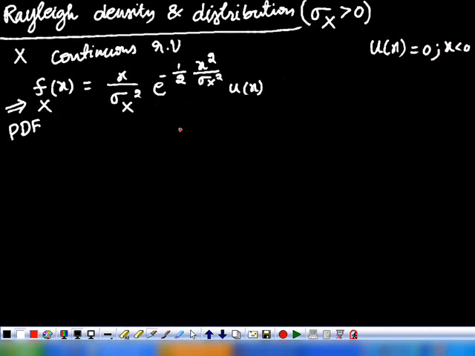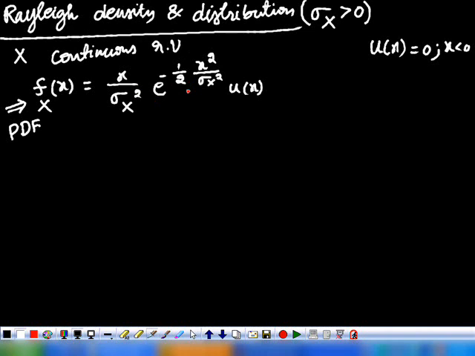And for x greater than 0, it depends on the values that we have taken. If you observe, x is in the numerator, so definitely as x is increasing, the function value will increase. But we have an exponentially decaying function, is it? Because here x is positive. For x less than 0, this entire fx of x is 0 because it is multiplied with u of x. For x greater than or equal to 0, if you substitute different values of x, initially it will increase and then exponentially decrease.